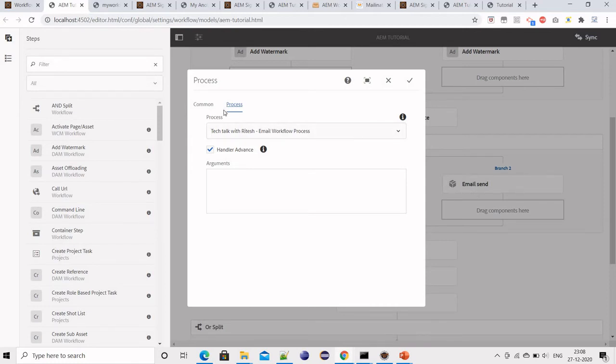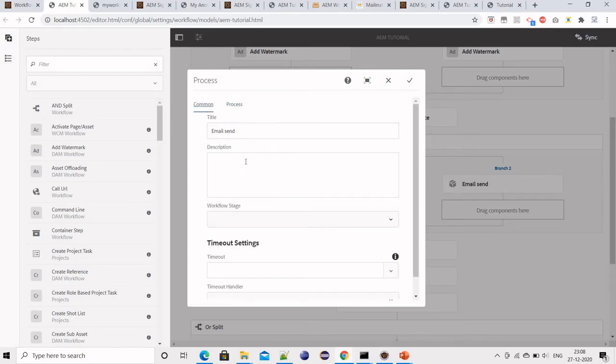Basically, most of the time you want a few things to happen in the background which are not available out of the box. For example, in this one, I have just created a process step which will just send one email to users. That's it. But there can be several business use cases based on the application.